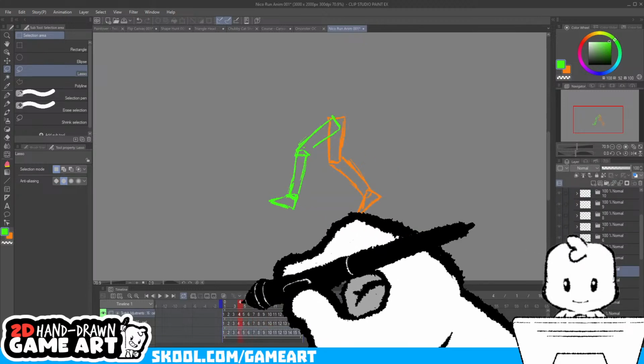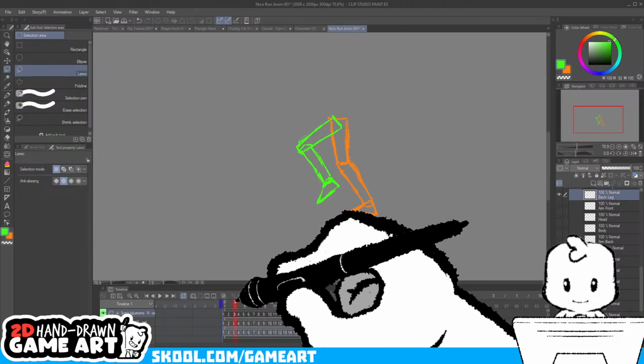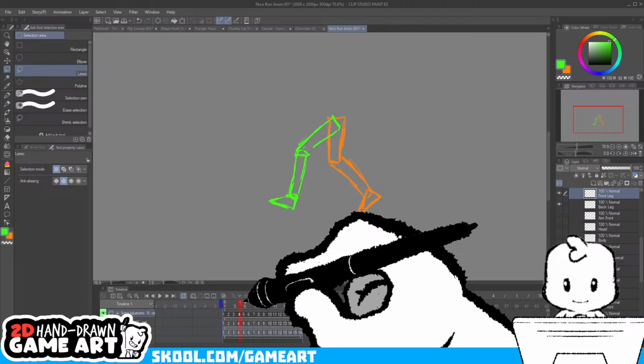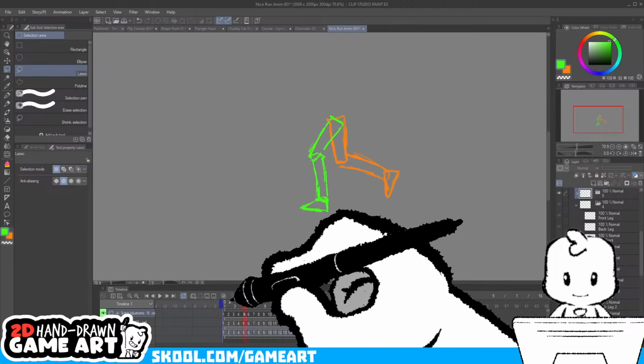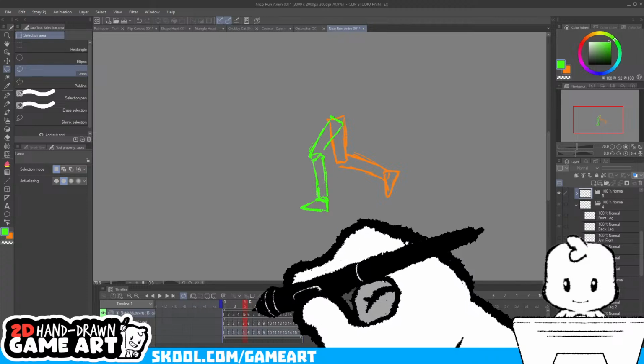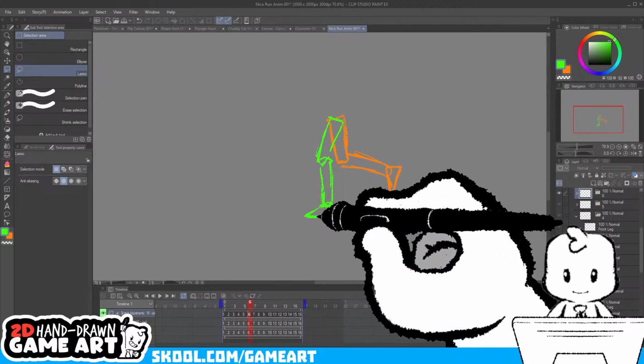Okay, let's see. I think this could work for now. Let's move to the next frame. And this frame, we want to fully connect with the floor. So do we have a frame like that? We have this frame.